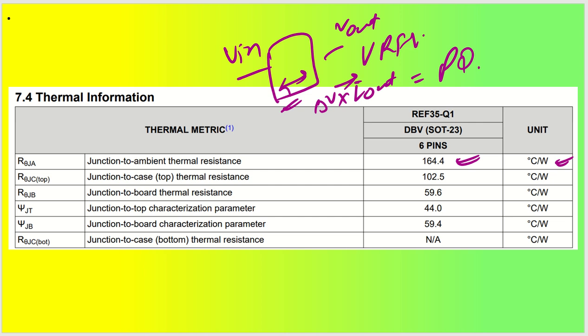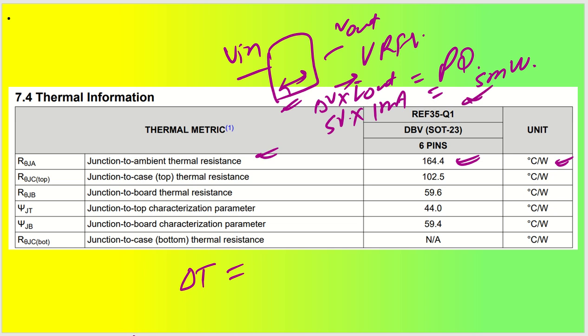Okay, so basically let us say you need 5 volt output multiplied by 1 milliampere, so this is going to be 5 milliwatt. That's all. So 5 milliwatt is very, very less. So what is the temperature range that will increase? So let us say delta T we want to calculate, like what is the temperature increment that will happen with